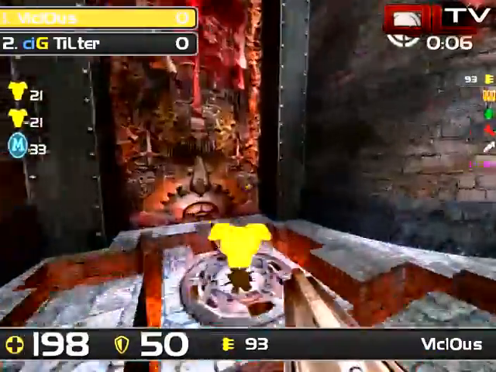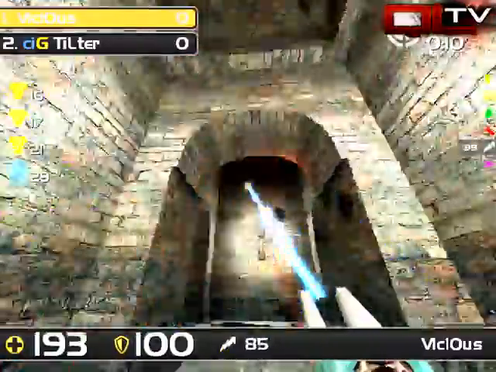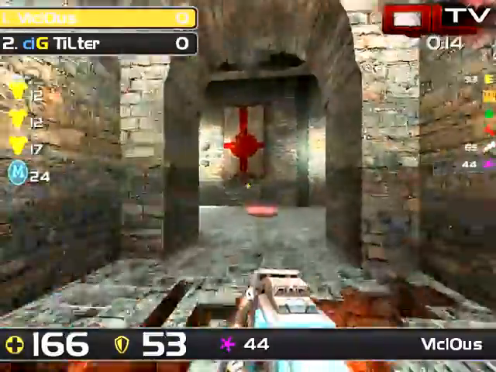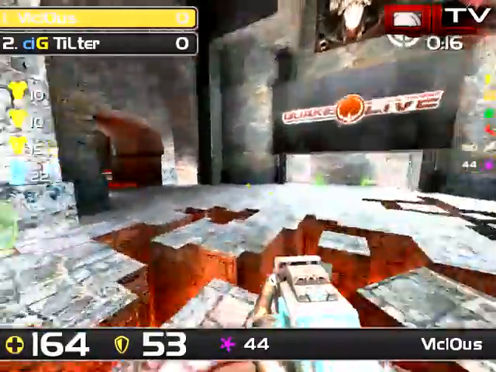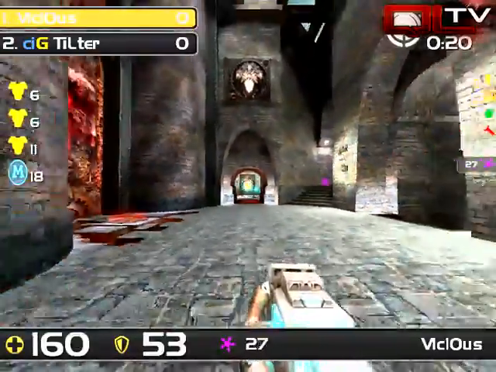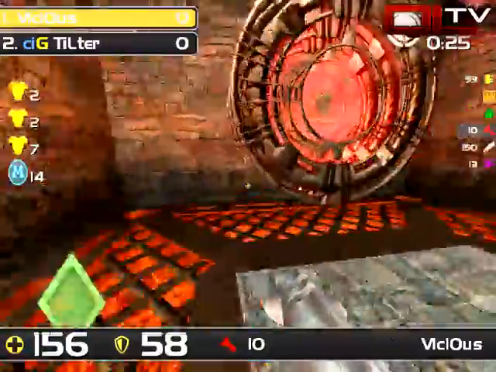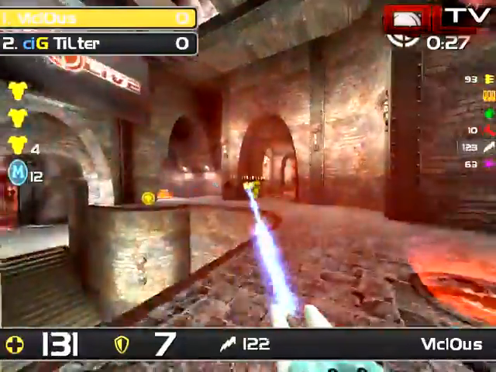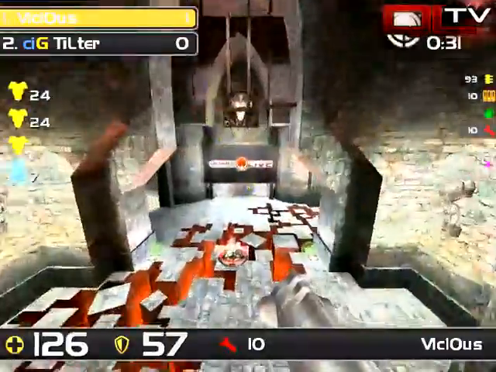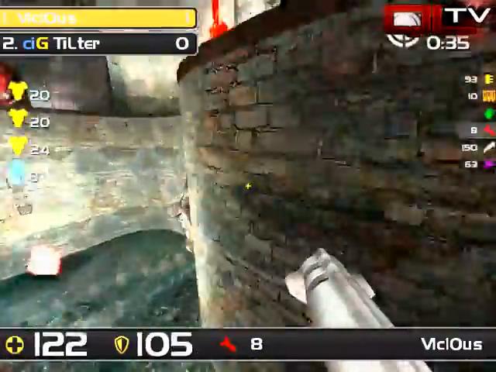So both players not having any weapons, and so getting that Mega, Vicious wins out. He's been able to pick up the LG, and looks like Tilter has a rocket. Now, in that particular fight, the fight that Vicious exited, that was actually a smart choice because it was really close quarters. Plus, there were a lot of walls around, so there would have been tons of splash damage, and Vicious